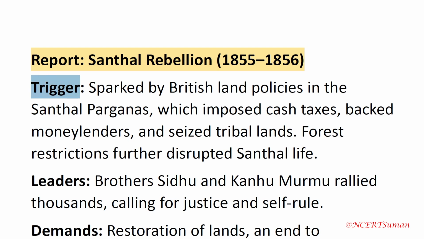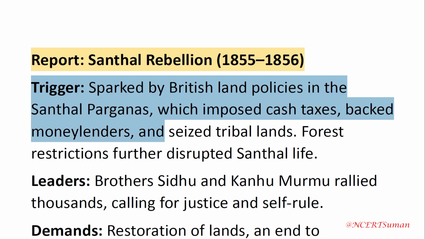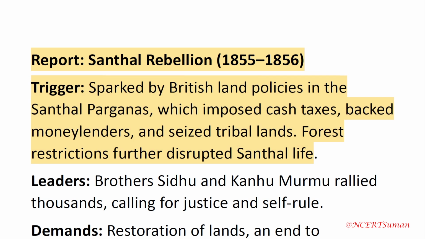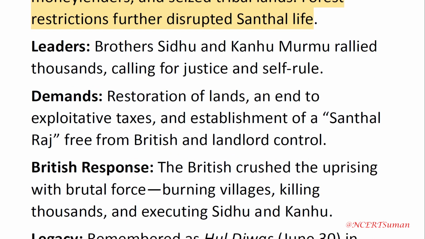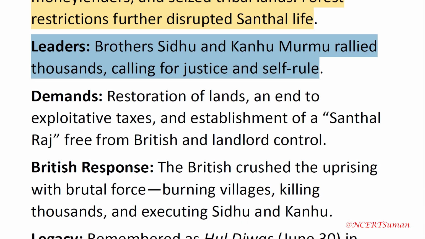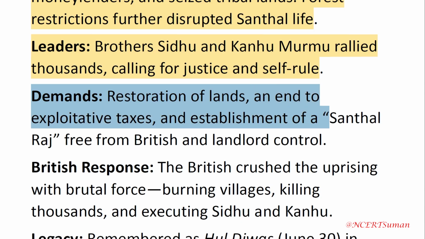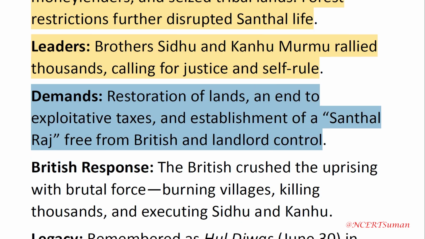1855-1856. Trigger: Sparked by British land policies in the Santhal Parganas, which imposed cash taxes, backed moneylenders, and seized tribal lands. Forest restrictions further disrupted Santhal life. Leaders: brothers Sidhu and Kanhu Murmu, rallied thousands, calling for justice and self-rule. Demands: restoration of lands, an end to exploitative taxes, and establishment of a Santhal Raj, free from British and landlord